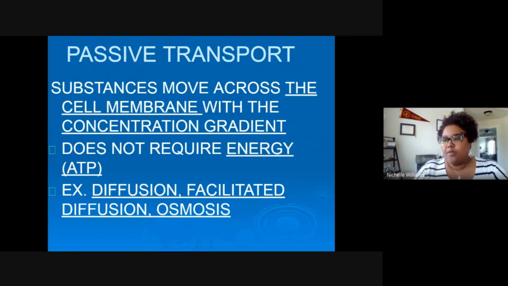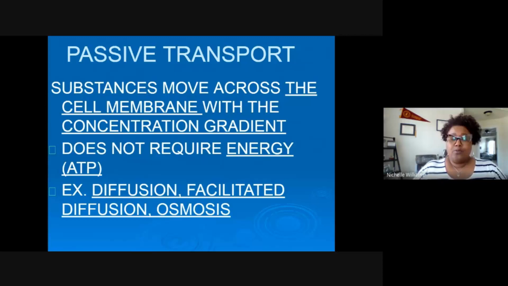Where did we see that word before? All right, chat it in. Right, it's one of our tier 3 vocabulary words. It's a very important word, and we're going to address it in just a minute. But it's important to note that with passive, when you think of somebody being passive, that means they're not aggressive, they're kind of laid back. So passive transport is transport that does not require energy. It just happens naturally. No extra effort put in for it to happen.